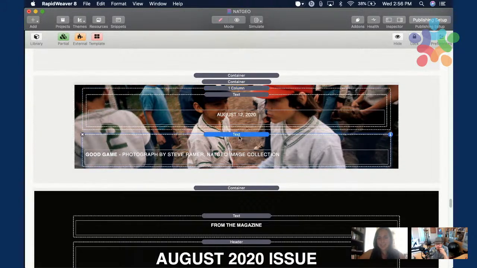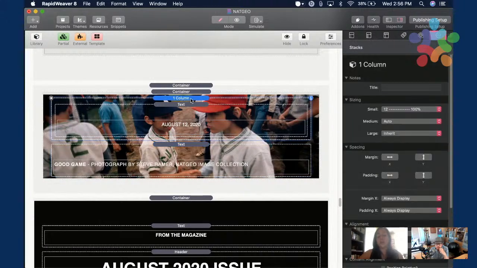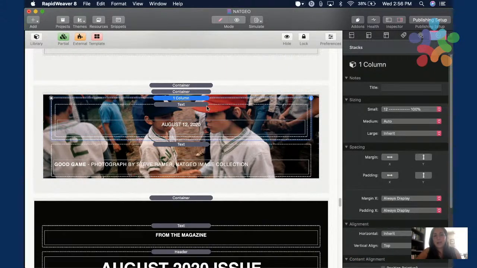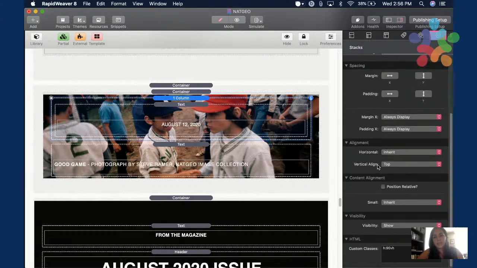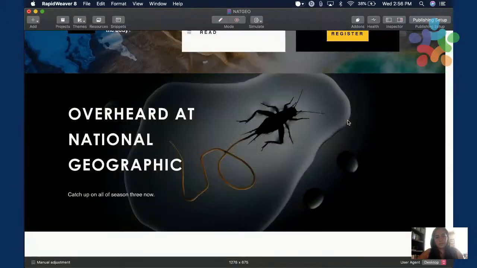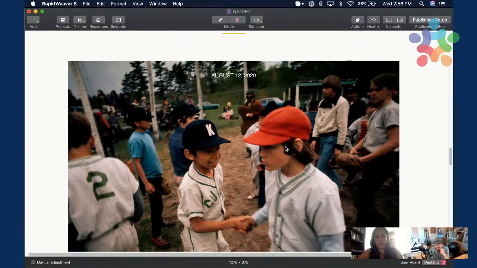And then this text at the bottom is just right after the one column. That text at the bottom is not specially aligned or anything. It's just thrown in there right after the one column. The one column will give this container the height, along with the text that is below it. So I only made sure that the content inside the one column stack is vertically aligned to the top. And that's what did it. That's how I did the big photo with content on the top and content on the bottom.